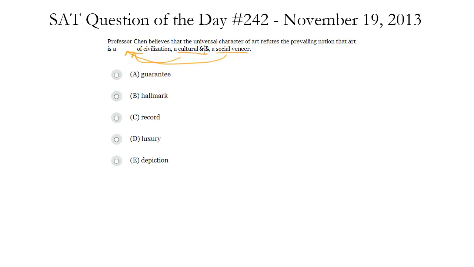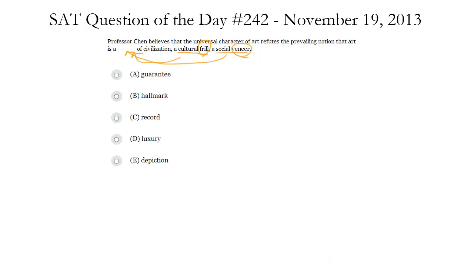And what is a cultural frill? What is a social veneer? These are words that basically capture a certain superficiality of art in this case, right? So a frill is something that's kind of an unnecessary embellishment or detail. A veneer is kind of like a superficial surface or covering or appearance of something that actually hides a different truth underneath. So in both cases, we're talking about something that's superficial, kind of unnecessary, not essential to a society